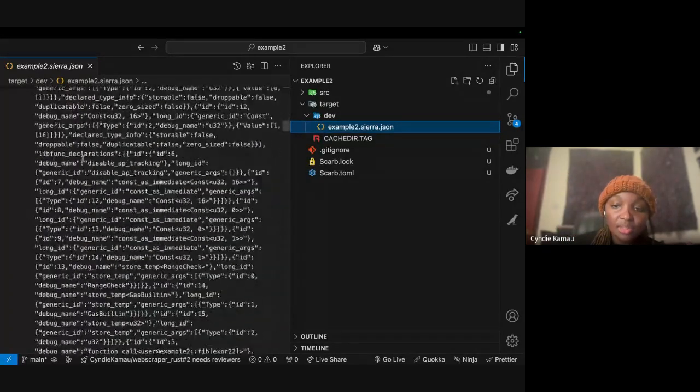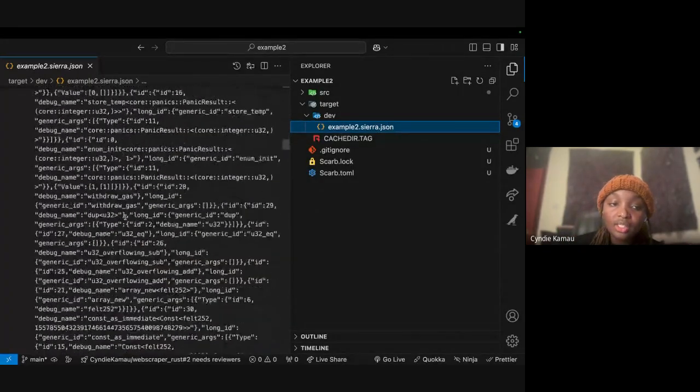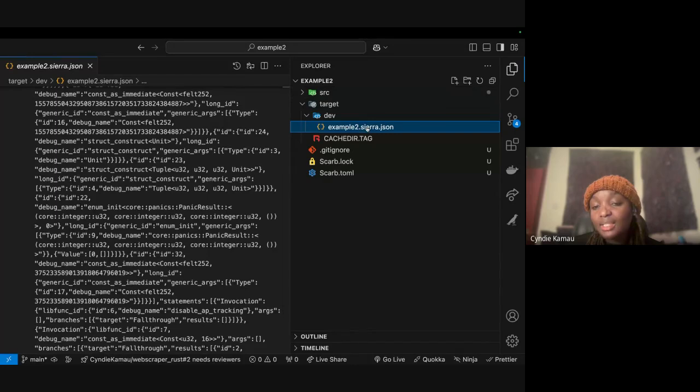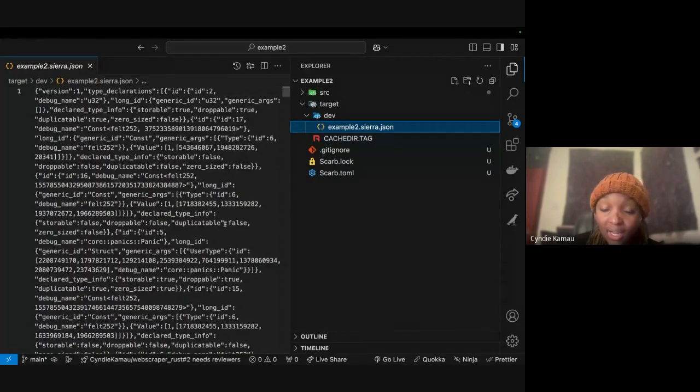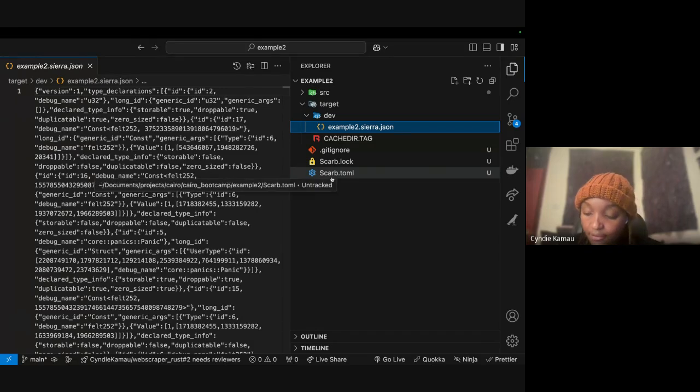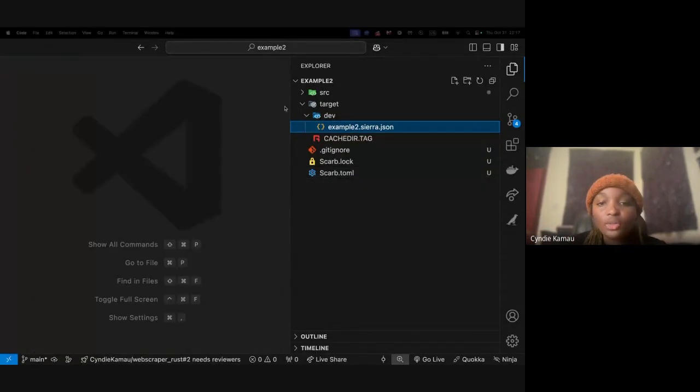Yeah, so this is some of the things. When you see a Sierra.json, its full name is Safe Intermediate Representation, if I'm not wrong. So when you're working with Starknet, you find your code first has a safe intermediate representation, Sierra, and then Sierra is like the middleware, and afterwards is CASM. Okay, so these are some of the notable differences which you can see.